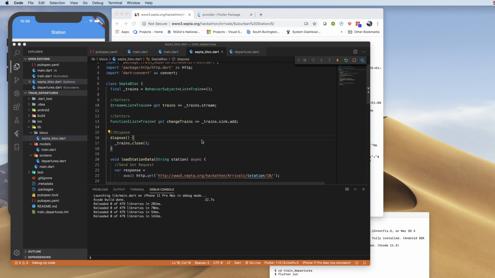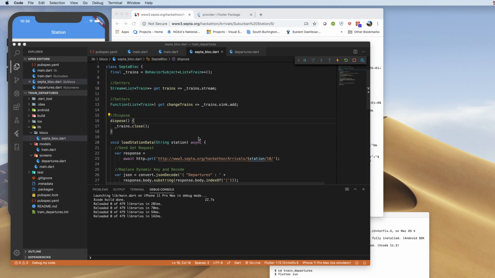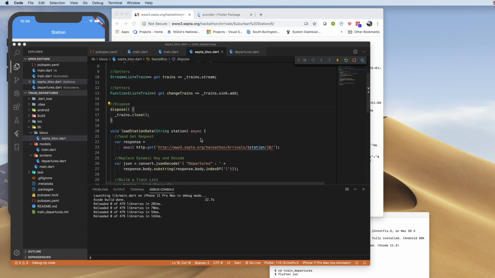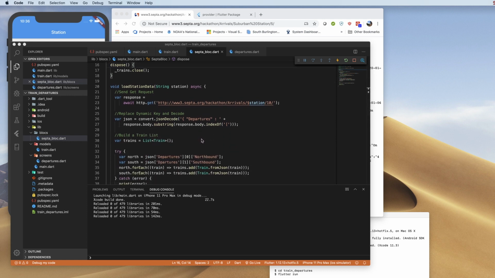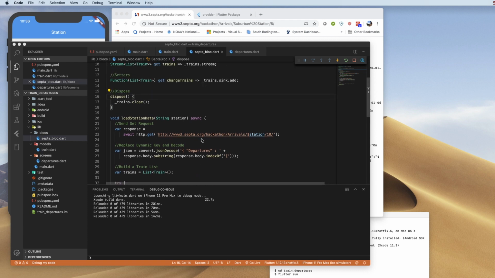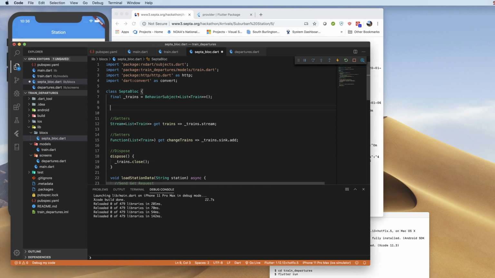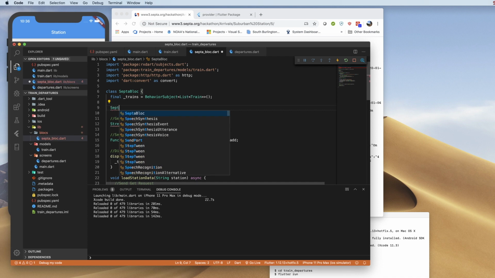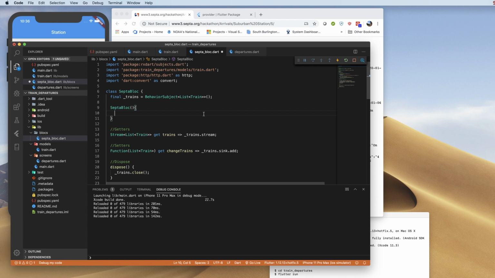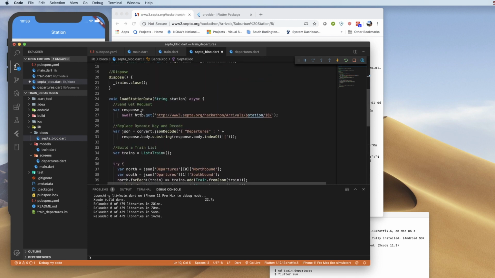Now, before we leave the BLoC, let's just add a constructor and let's build a train object or our list of trains whenever the BLoC is created. So that will get us started, and we'll refine this method over time to respond to the settings that the user has input. But to give us something to get started with, let's create one here. So let's create a SEPTA BLoC constructor. And we will call our load station data